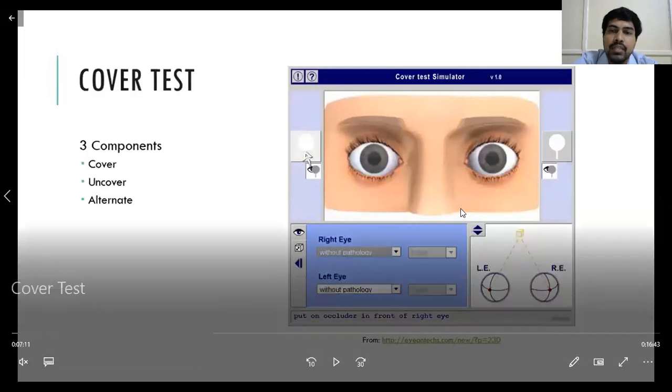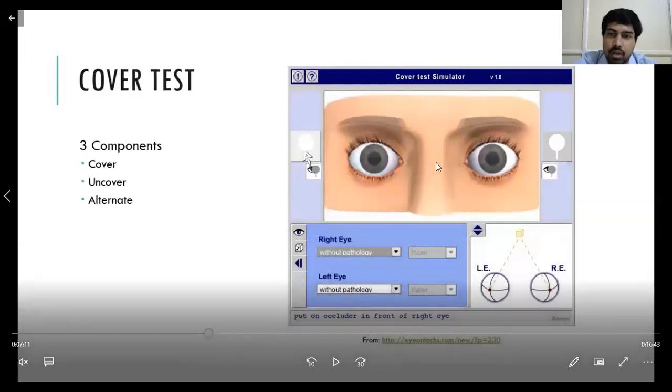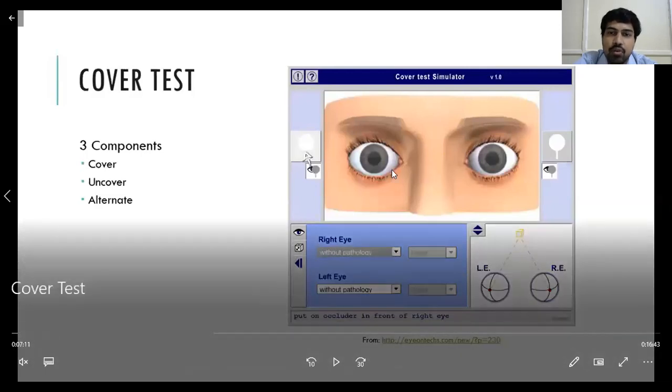Now he is applying for a pilot license. So now we have to know whether he is having any latent squint or not. If it is a manifest squint, no problem. The eyeball will be deviated and you can easily say that he's having a squint. But when both the eyes are looking straight, you have a doubt whether it is normal or he is having some squint. That is the doubt you get here.